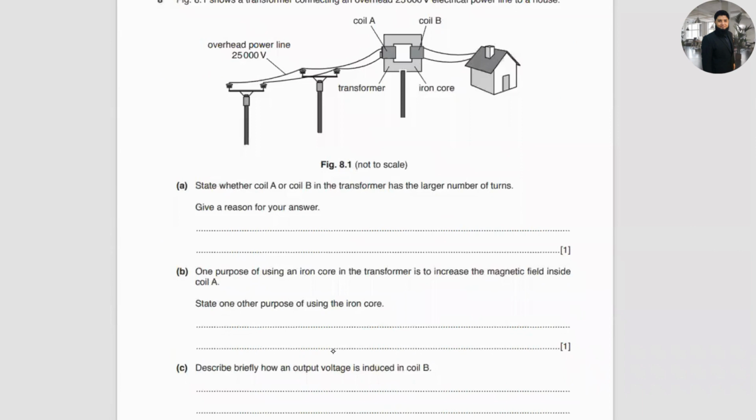Figure 8.1 shows a transformer connecting an overhead 25,000 volt electrical power line to a house. State whether coil A or coil B in the transformer has the larger number of turns. Give a reason for your answer. This is a transformer, and a transformer has two windings. This is the input winding, or primary winding, and this is the output winding, which is called the secondary winding. So coil B has a larger number of turns because the house needs